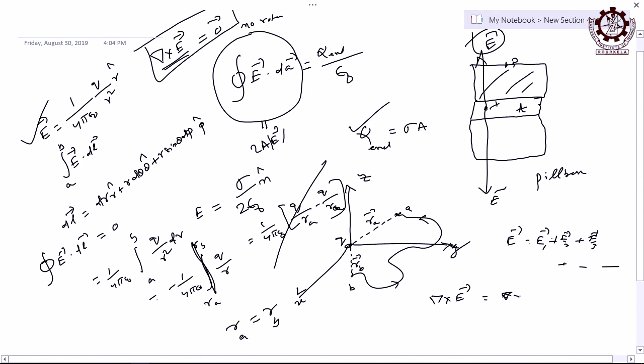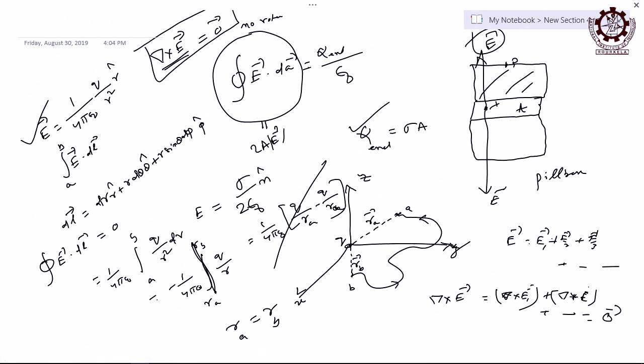Obviously it is curl of E1, plus curl of E2, plus and so on, or ultimately it is how much? 0 vector. That is for a group of charge distribution. Calculate individually, then apply the summation rule, algebraic sum, right. For different charges, different fields, accordingly find out the curl of that field, but ultimately it will vanish to a 0 vector if it is irrotational, yes, irrotational, right. So, that is about the curl operation. Next time we will read about the electric potential.